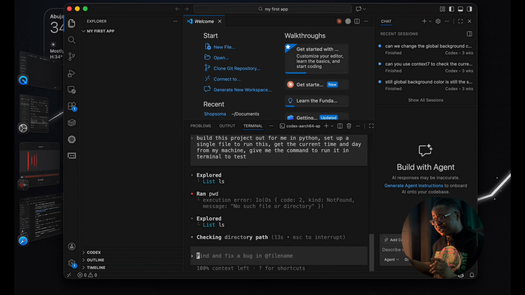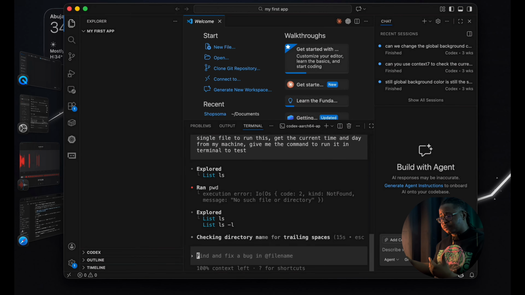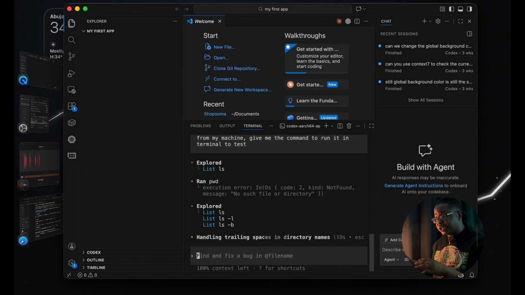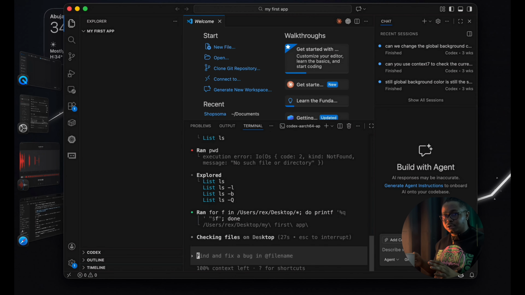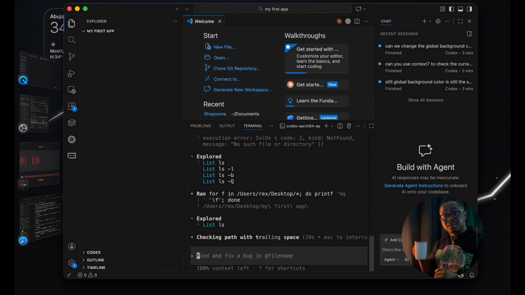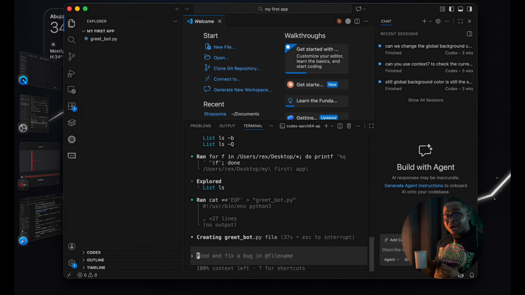As you can see, it's already reasoning, following the steps that it has created for this project, step by step, checking the directory, and it's going to start building it out. It's going to take a little bit of time, but not that long. That's the reason why I said this: in my videos, you always need to have a beverage with you. A cup of coffee would be nice, or anything, while we wait.